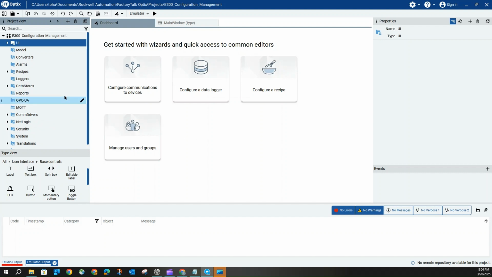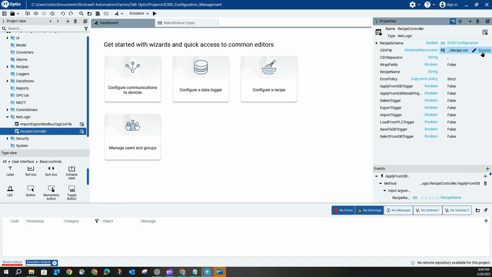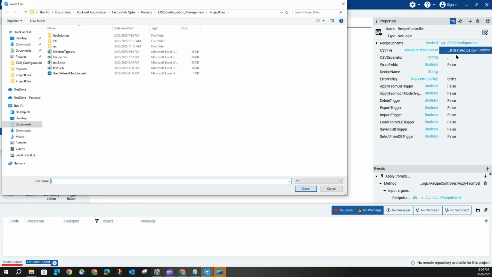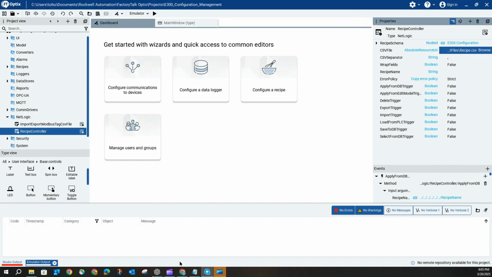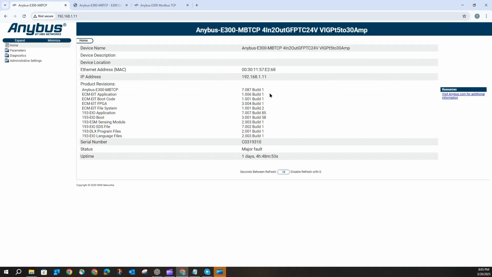Okay. So first of all, make sure in here you point the recipe file to the correct one. This is a must do. And then the second one is make sure you have connection to your Anybus E300 communication module, and the firmware is 1.006 build 1 or later, because only in this firmware